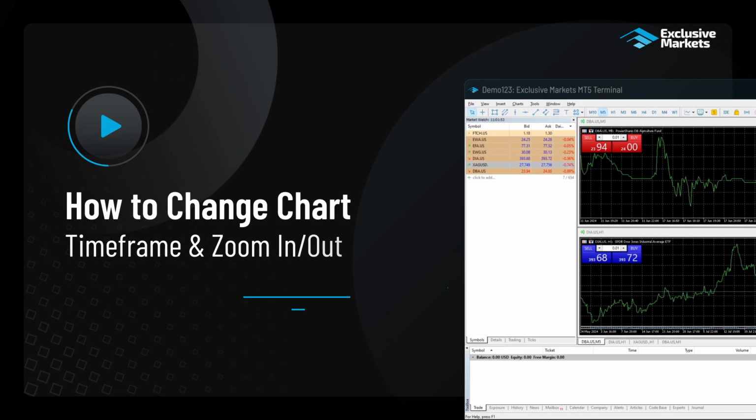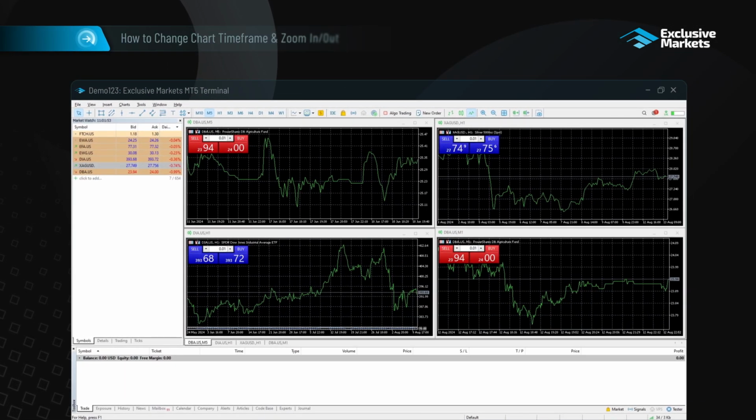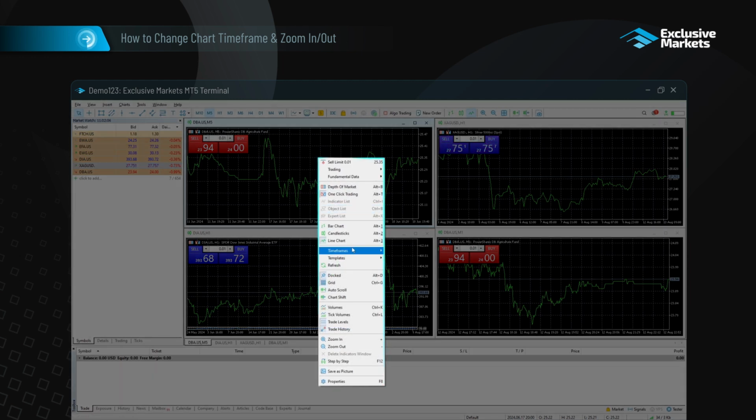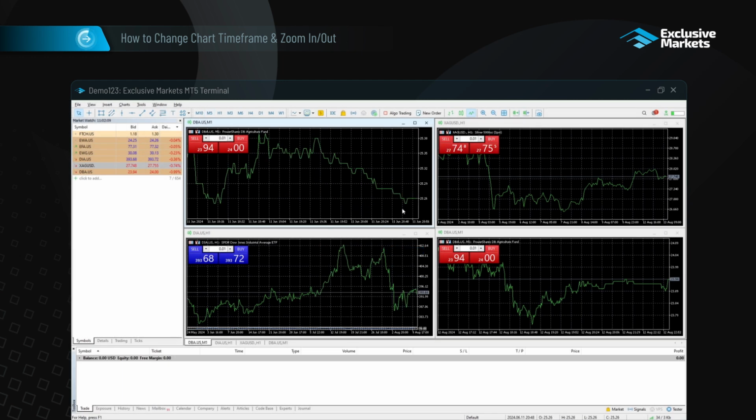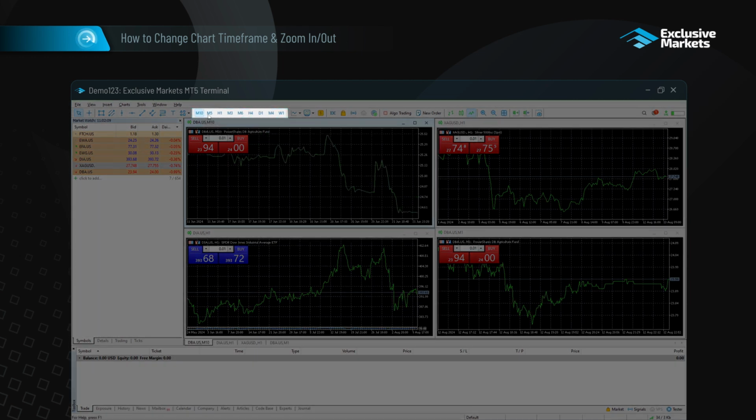How to change chart timeframe and zoom in or out. You have a couple of options to change the time frame of a chart. You can right-click on the chart, go to Timeframes, and select the desired time frame. Alternatively, you can use the timeframe quick bar at the top of the platform to quickly choose a different time